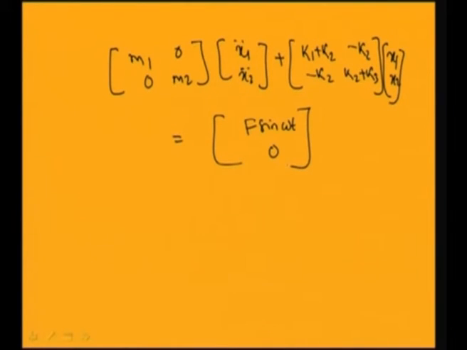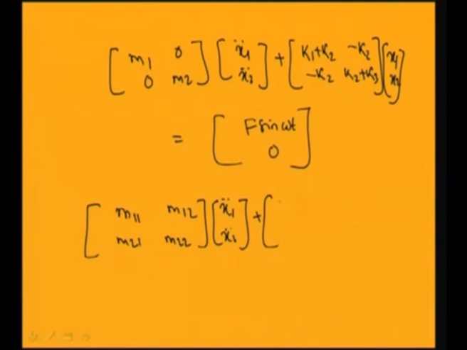So, in this way you can write the equation of motion of the system. So, let us first take a general system. In a general system your mass matrix may be coupled and stiffness matrix may be coupled. So, for a general system I can write this equation in this form. It becomes M11 M12 M21 M22 times x1 double dot, x2 double dot, plus K11 K12 K21 K22